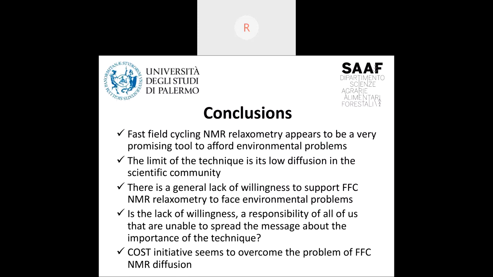But what is the problem? The environmental field at the moment is not in the hands of chemists, or at least physical chemists. That means that the use of this technique is considered too difficult by many people, and our population, like our biodiversity, is very small as compared to the one that is needed to improve the use of the technique. But one positive thing is this COST Action that is led by Danuta,